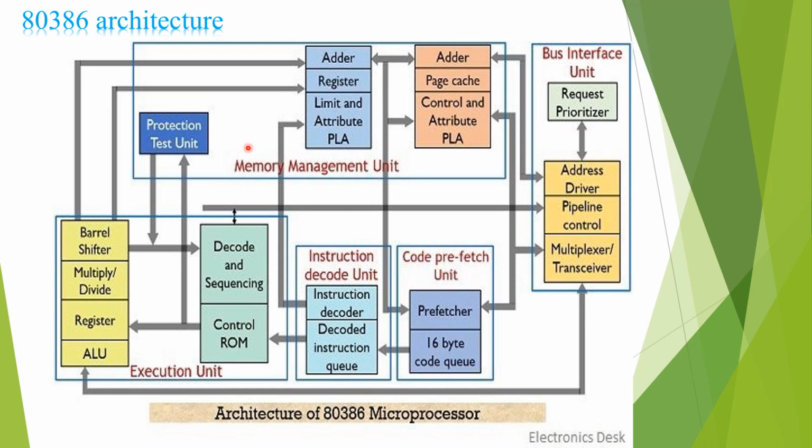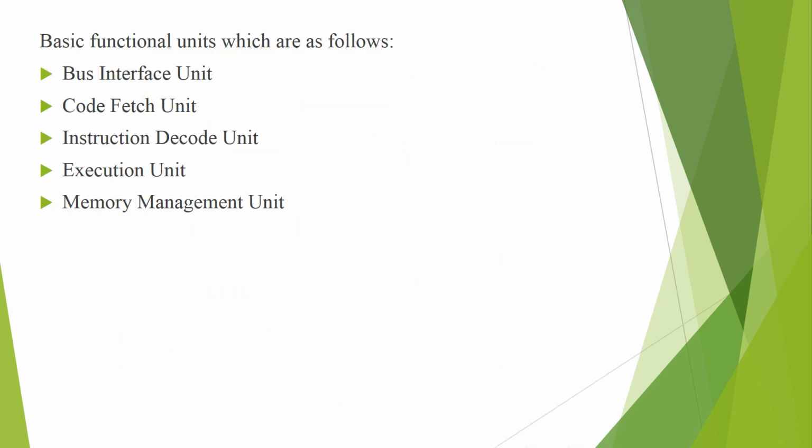Any microprocessor can perform 3 basic operations: fetch, decode and execute. First, the physical address is calculated. According to the physical address, the bus interface unit fetches that instruction and this instruction is stored in a prefetcher queue, right? A list of instructions is stored in the prefetcher queue. After that, one by one, instructions are sent to the instruction decoder unit. Instruction decoder unit decodes the instruction and stores it in an instruction decoder queue. Then one by one, instructions are sent to the execution unit, right? Execution unit executes the instruction and stores the result. Let's see in detail.